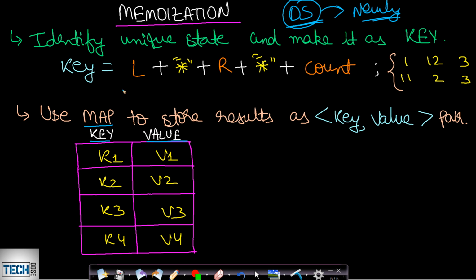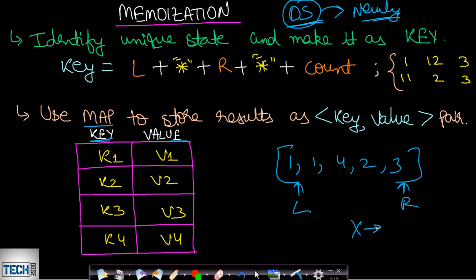Now, if you remember from the previous videos, I have already told you that in order to form a key, you need to form a unique state. Now in this problem, what is a unique state? It can be a combination of variables or it can be anything. Okay, so in this case, since we were given an array, let's assume that we were given this array. Then we were using a left pointer as well as a right pointer, and we were given a value of x. Now we also had a count variable which will be counting the length of the sequence. So what combination of these variables can form a state? What combination of these variables will be forming a unique combination?